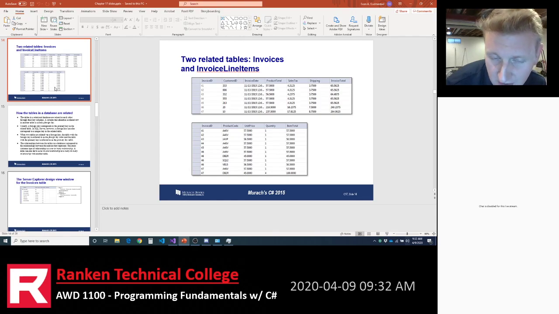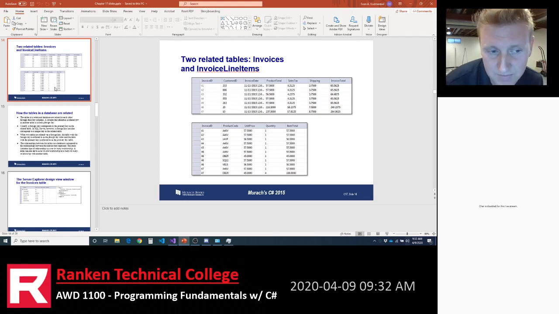So the constraint on that invoice ID in the bottom table is that it has to be a current and valid invoice ID from the invoice table. In other words, if there is no invoice ID of 100 in the top table, you cannot insert an invoice ID 100 in the bottom table.